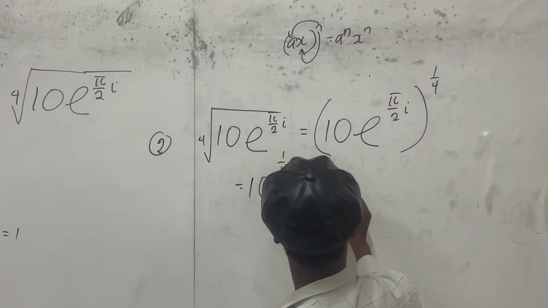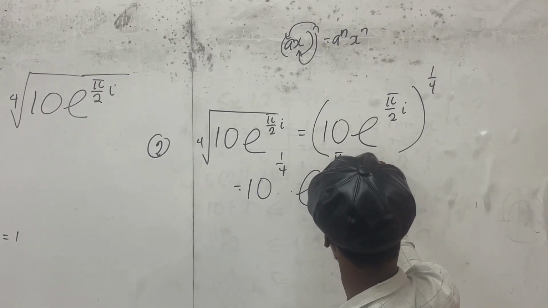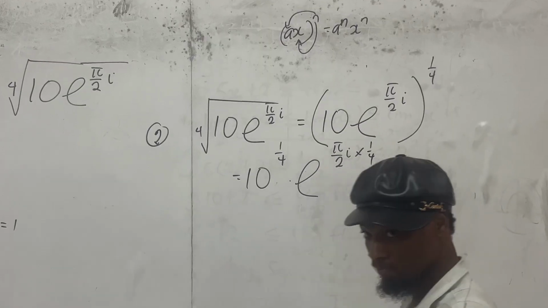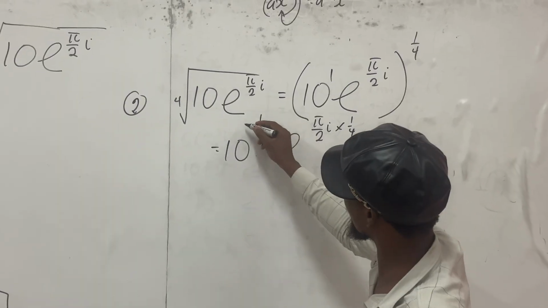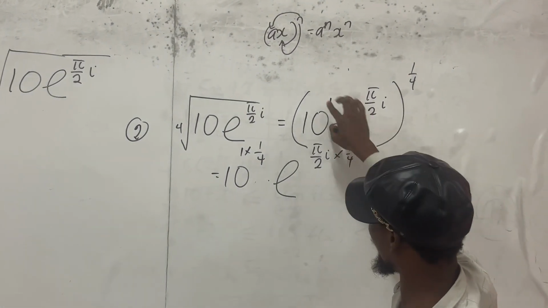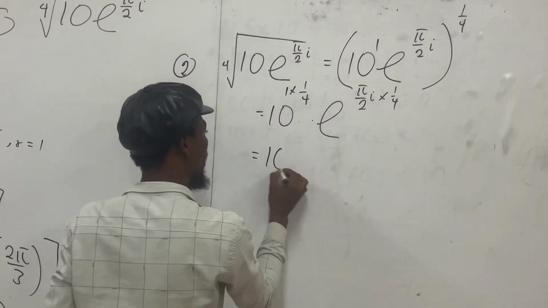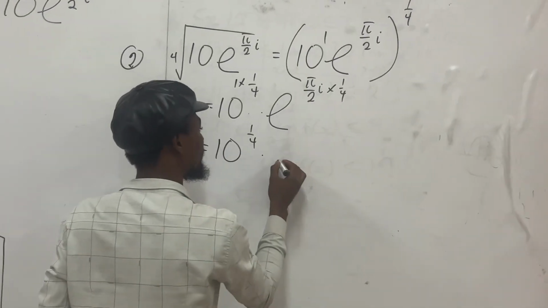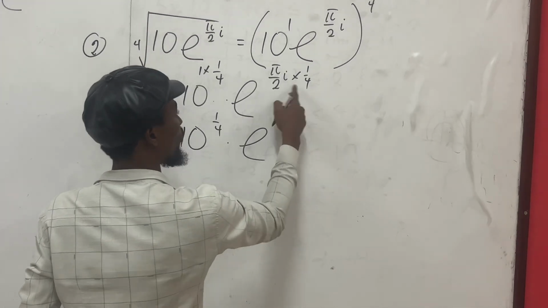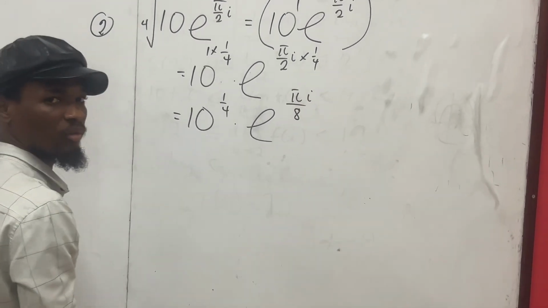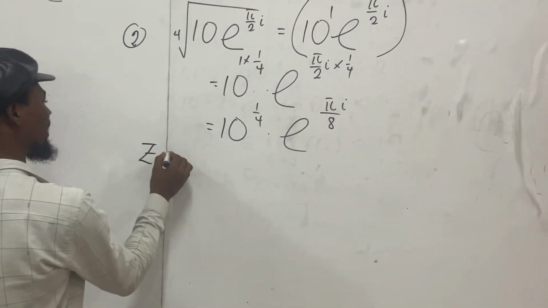Then exponential what? Pi over 2i times what? 1 over 4. Remember, this is to the power 1, okay? So it's like 1 times the power for this. Then this times the power. So this is just 10 to the power 1 over 4. Then times exponential. You have pi i divided by what? 4 times 2, which is 8. Okay, so using the same concept or ideology, you can say that a complex number represented in